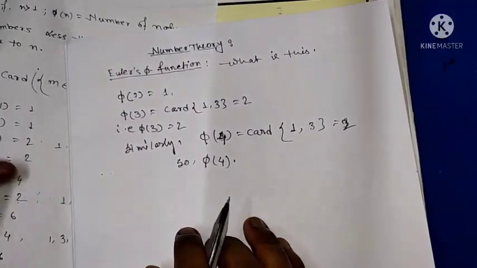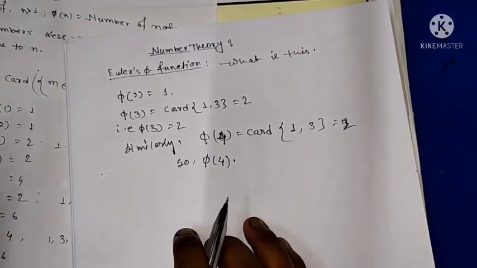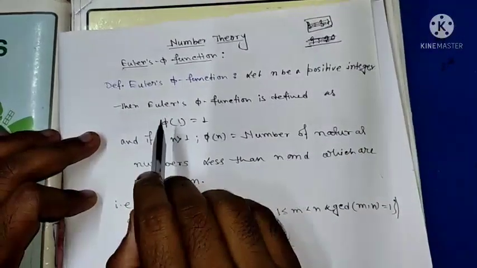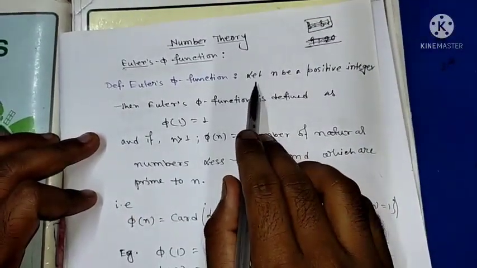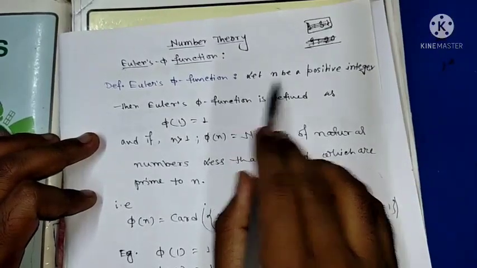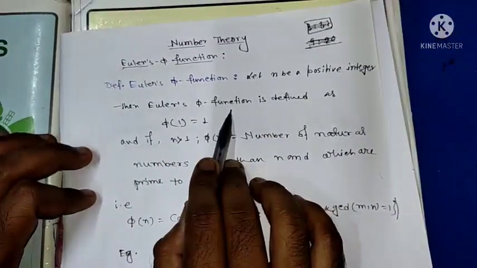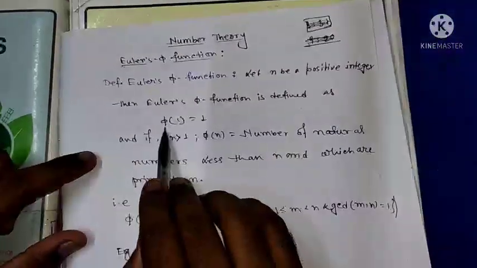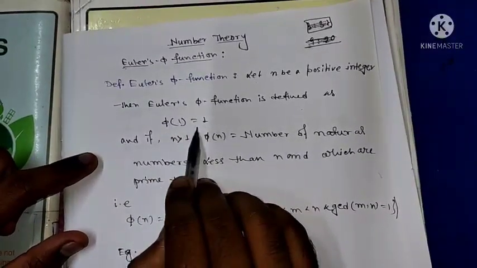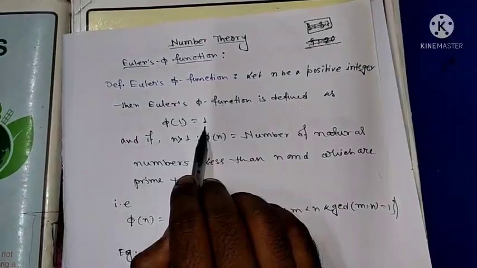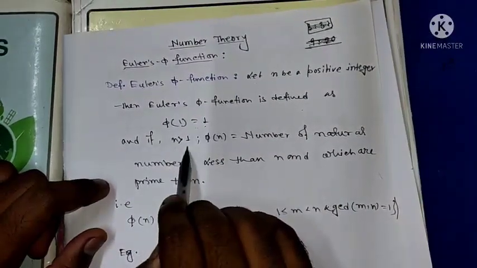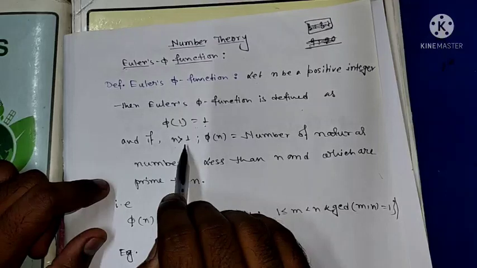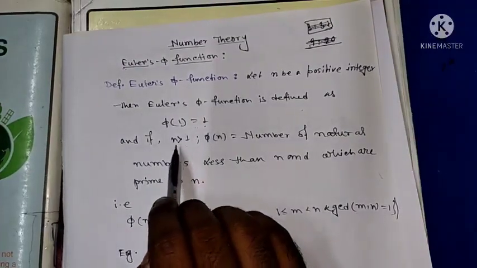Okay, now we have to define Euler's phi function. What is Euler's phi function? The definition of Euler phi function is that, let n be a positive integer, then Euler phi function is defined as phi of 1 is equal to 1. It is by definition. Okay, by definition phi of 1 is equal to 1, and if n is more than 1, and here n is a natural number,